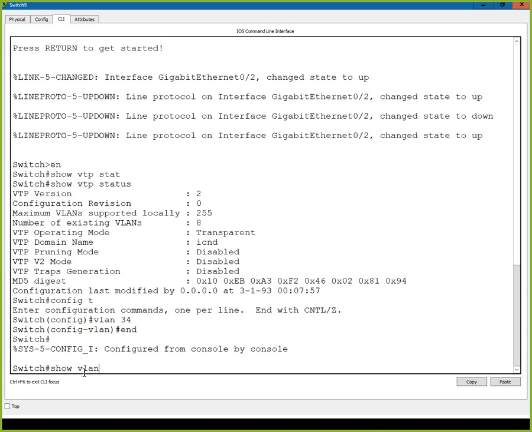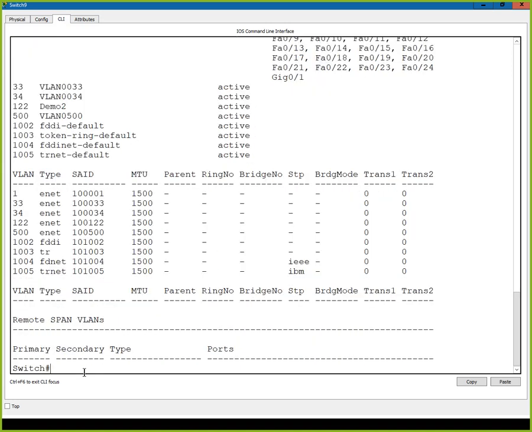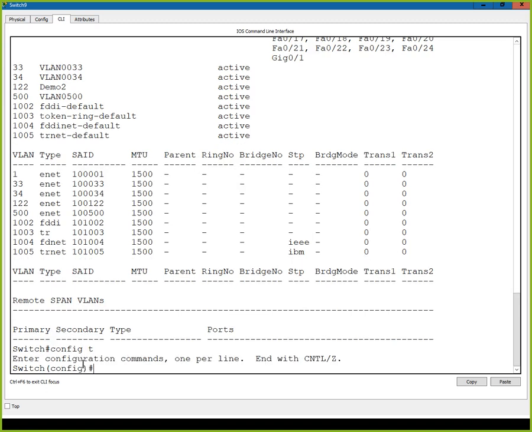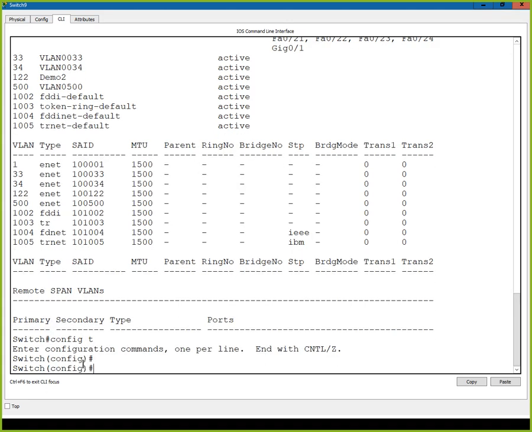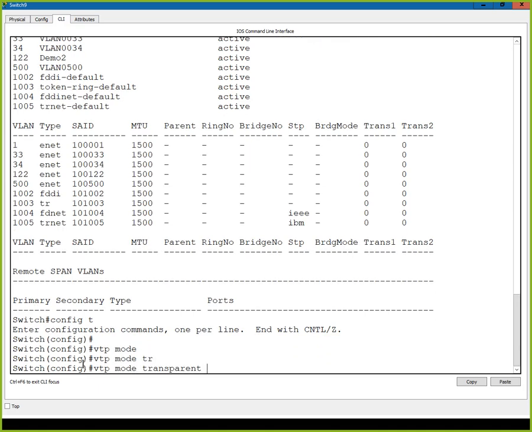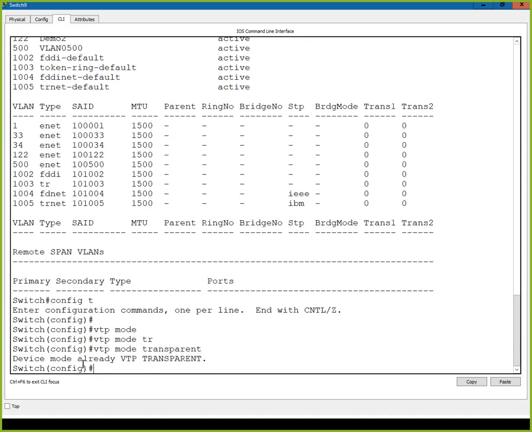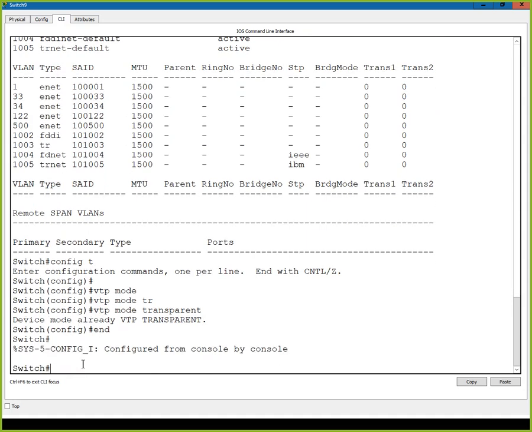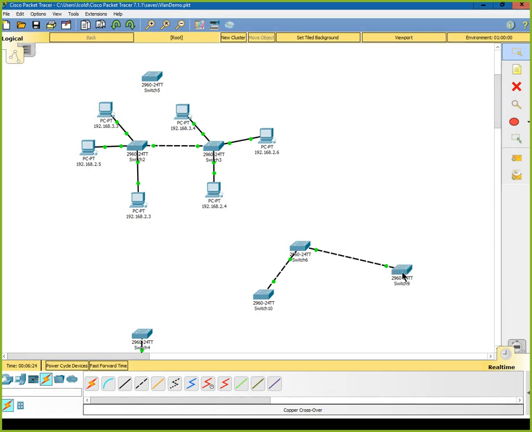And we do a show VLAN, and we have 33 and 34. Well, it's not supposed to take it. So this is a good example of how it's not supposed to work. I'll probably have to do some devices already in transparent mode. Okay. So now that the simulator didn't work right,